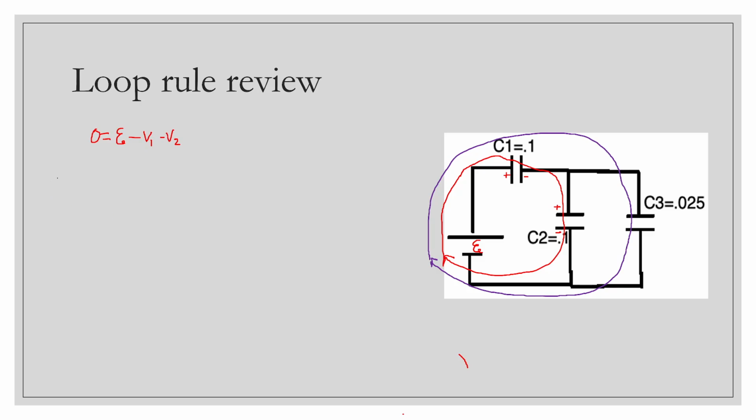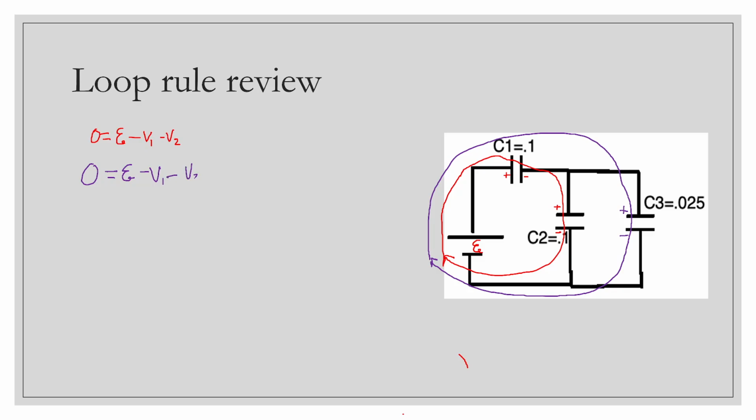Again, we would start with 0 equals the EMF. We're going through V1 again, positive to negative, so minus V1, and then again we have a positive to negative here,